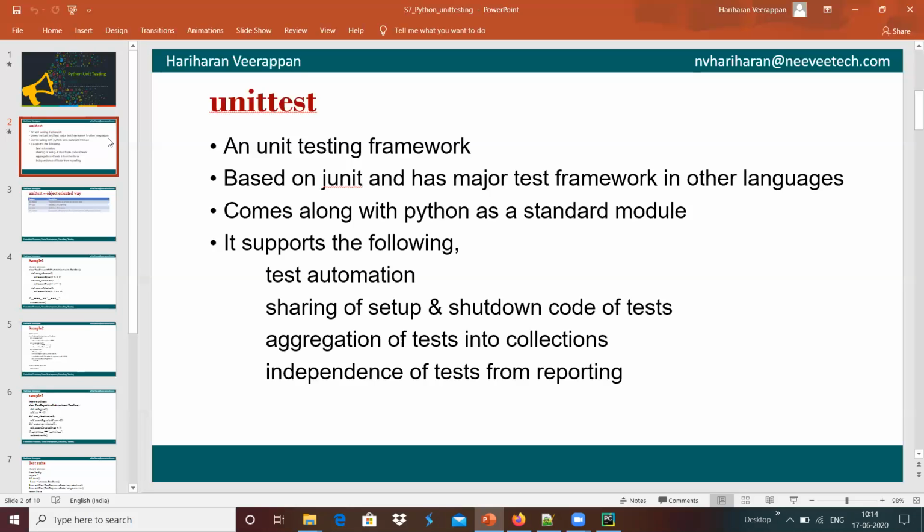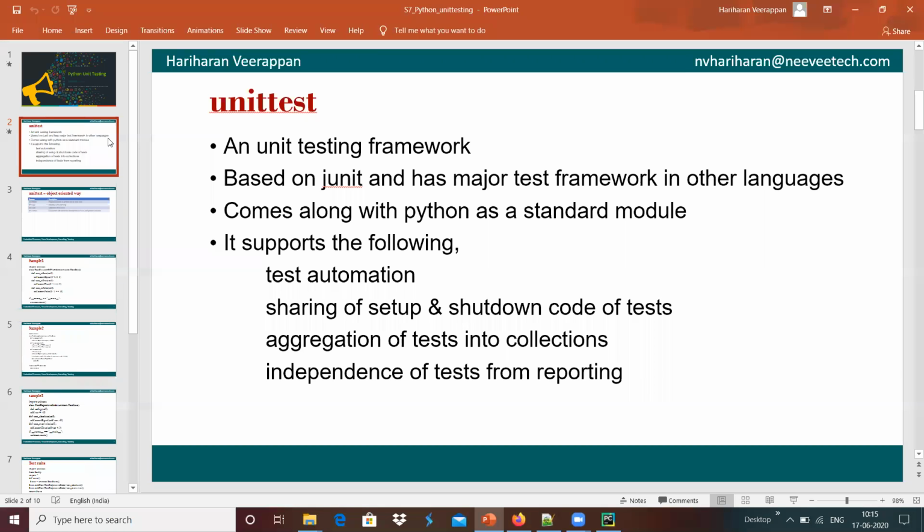After the testing, whatever we have set up can be cleared down. Basically, unittest has the flexibility of setup, sharing, and shutting down different test cases. We will see how we can do the test case setup and shutting down.